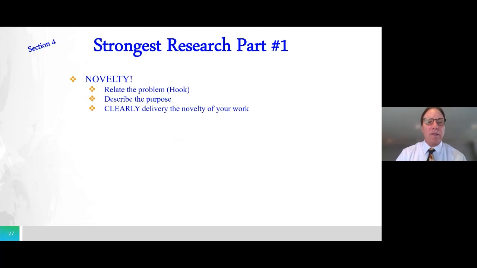All right, so let's look at the strongest part. There's different parts of each way to make an impact, and a lot of this we've kind of addressed or discussed or mentioned before, but I want to get a little bit more detail. So what's the strongest research part as far as the impact? Number one is novelty. Okay, so when you mention and you talk about the hook, which we mentioned, and describe the purpose,